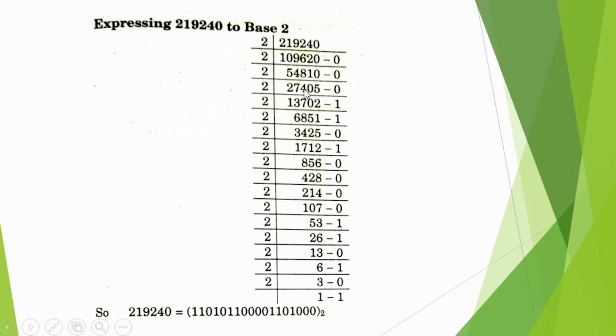2 2s are 4, 2 7s are 14, 2 4s are 8, 0, and 2 5s are 10, 0 comes as it is. 2 1s are 2, 2 3s are 6, 2 7s are 14, 0, and 2 2s are 4, 1 carry. 2 6s are 12, 2 8s are 16, 2 5s are 10, 2 1s are 2, 1 becomes carry. 2 3s are 6, 2 4s are 8, 2 2s are 4, 2 5s are 10, 1 becomes carry. 2 1s are 2, 4 becomes 14, 2 7s are 14, 2 1s are 2, 2 5s are 10.